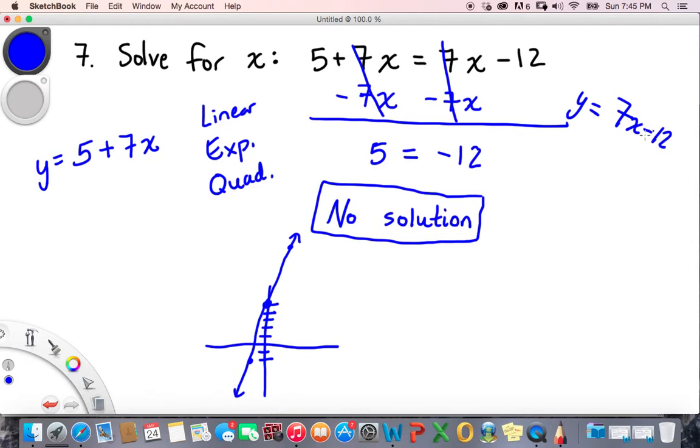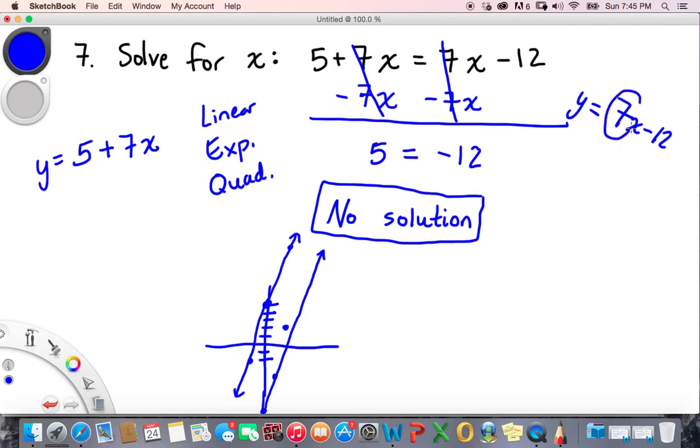Over here, I have a y-intercept of negative 12, so that's going to be way down here somewhere, probably off our screen even. And then it's going to go up 7 and over 1, probably somewhere in there. Then up 7 and over 1 again, probably somewhere in there. And what we're going to end up seeing, if I had drawn these lines correctly, on an actual graph, again, pardon me that these aren't correct as far as the locations, but if you notice,